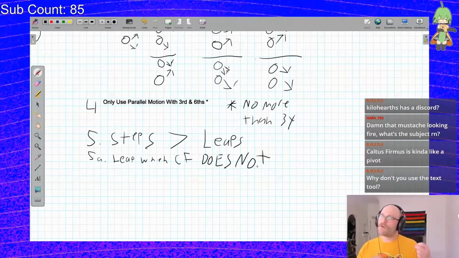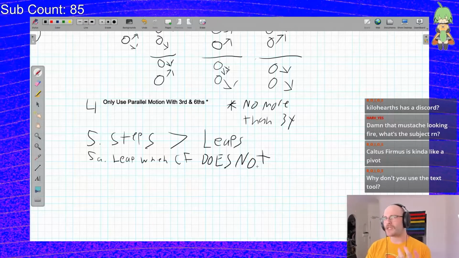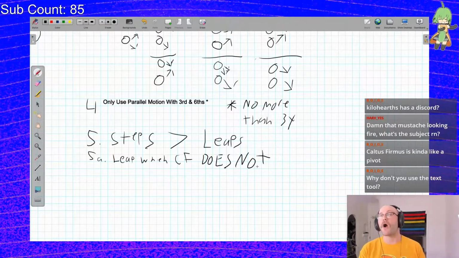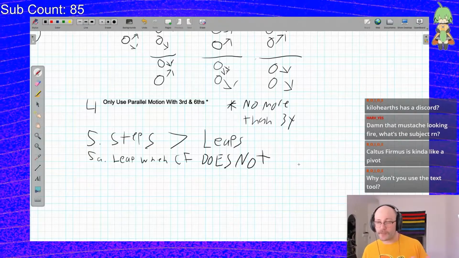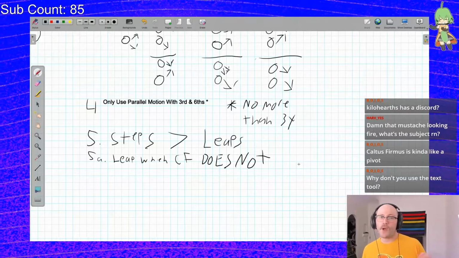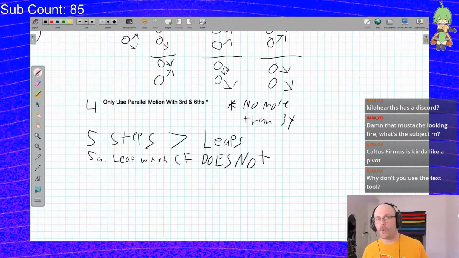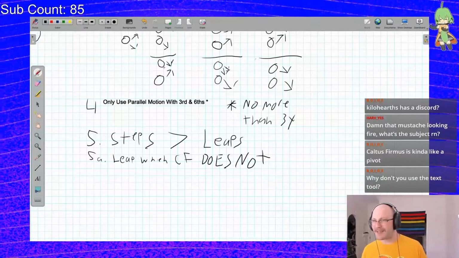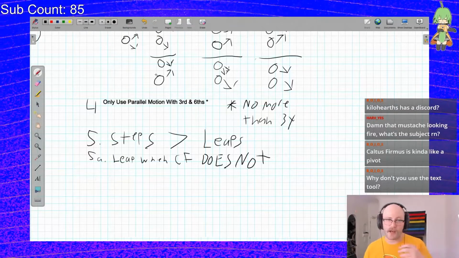But the more they leap, the more separate they get, and the more we start to lose that semblance of harmony. So, you don't have to always do this, but in general, try to only leap when the cantus firmus is doing oblique or stepwise motion, unless obviously it's a big emotional moment, in which case big leaps are fine.